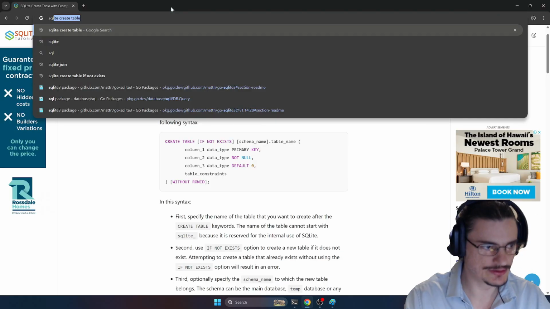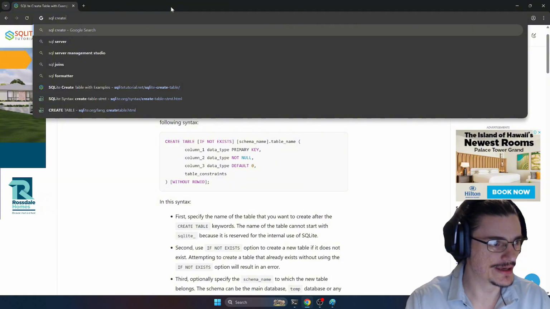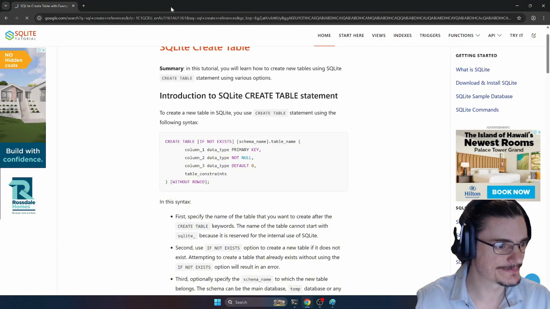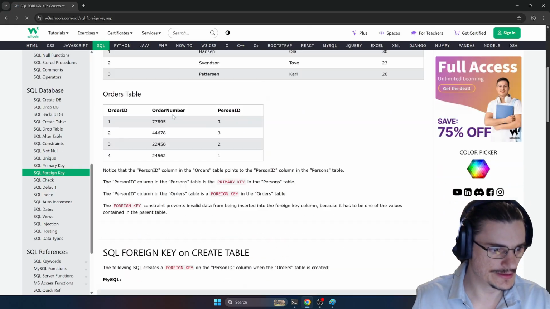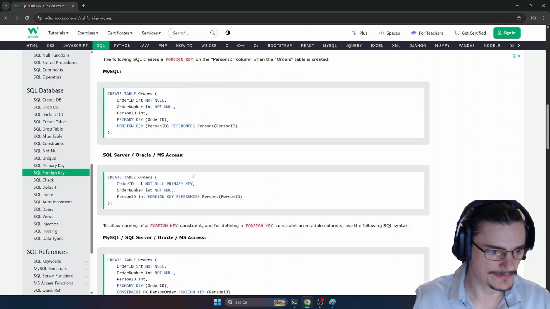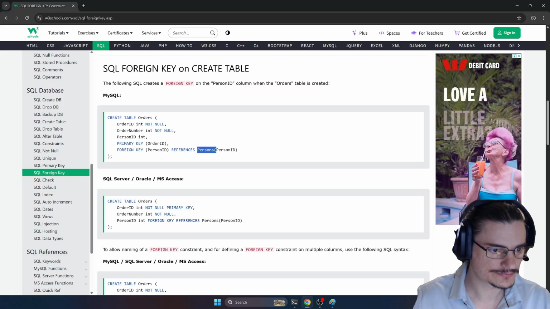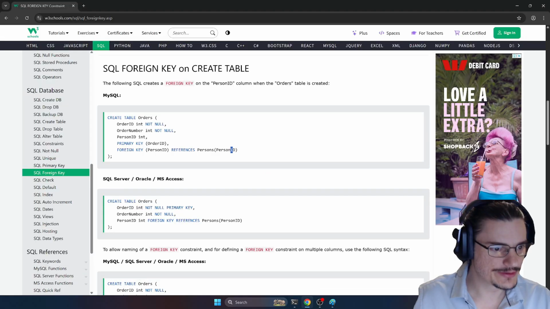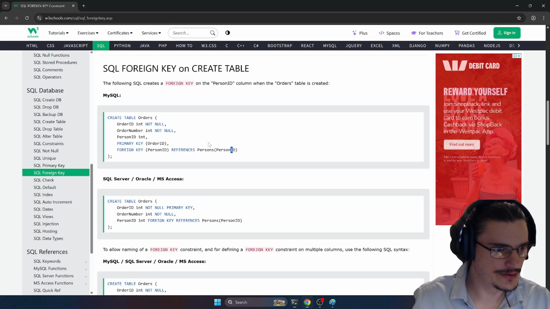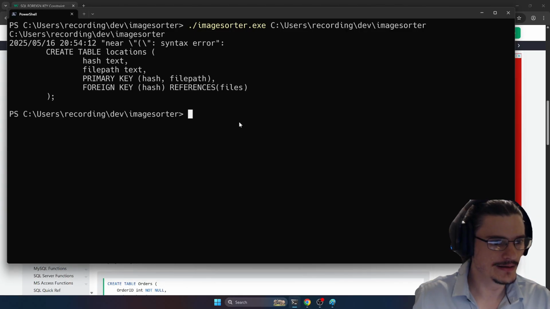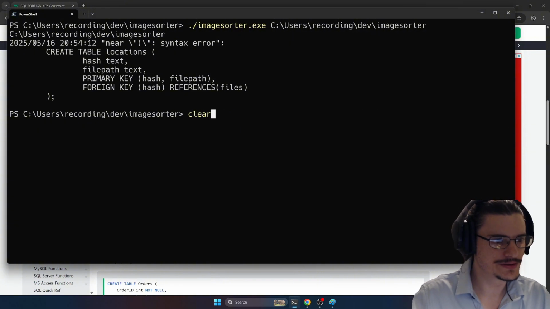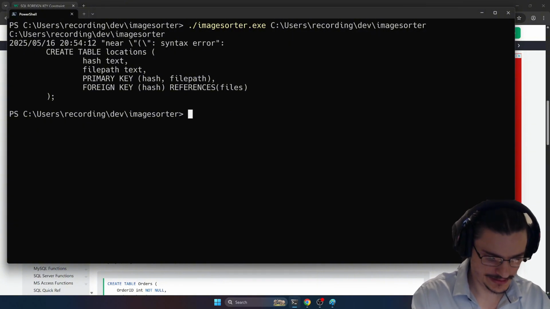So SQLite creates references, foreign key constraints. Yeah, I mean, that's pretty much, oh, okay, sorry. No, that's not what we've done, is it? So references, yeah, okay, so we're not, oh, okay, sorry. Let me,